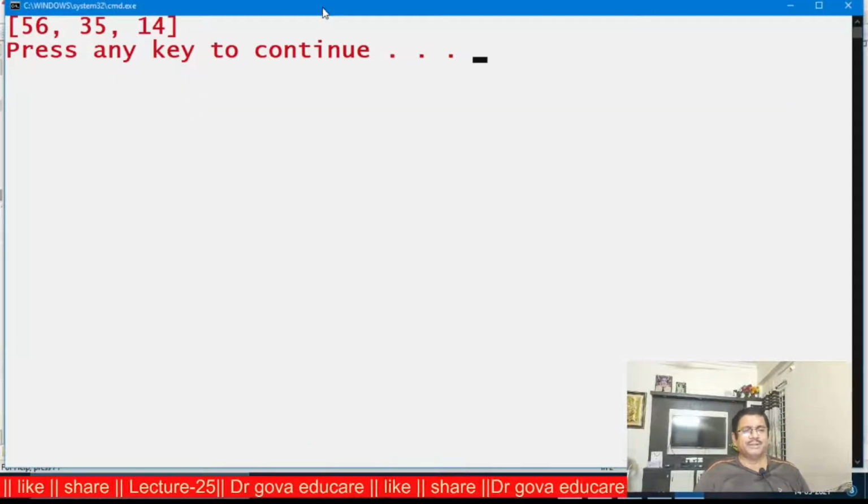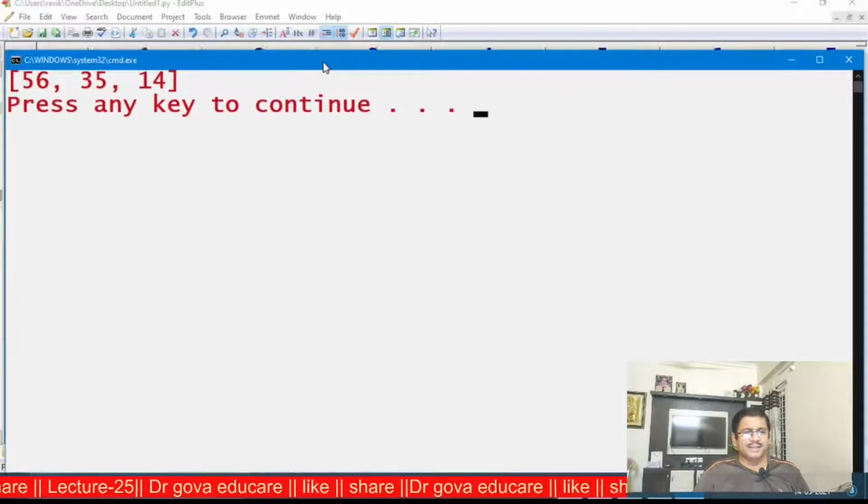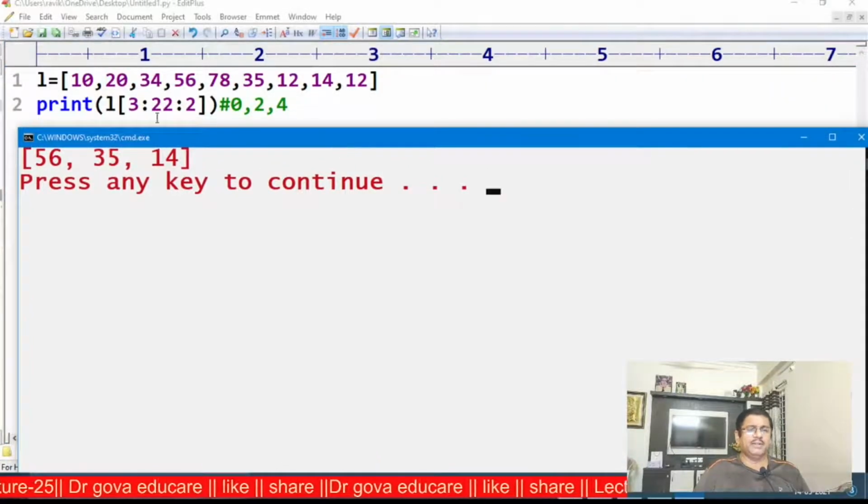The output starts from the third element. What is the third element? 0, 1, 2, 3, that is 56. Next 35, next 14 will be displayed. Even though 22 is out of range, the slicing operator treats it as the maximum allowed range only.